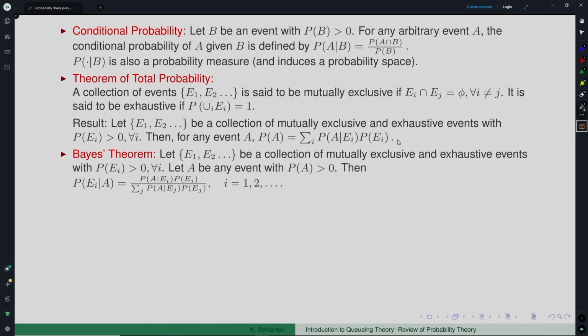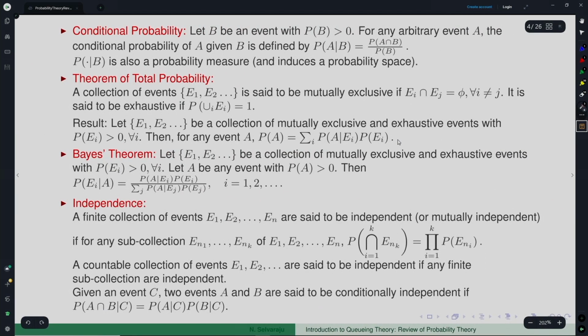Bayes theorem, of course, you will also know, you can recall from even the elementary stuff. Okay. A related concept is what we call independence. Here we are defining independence in terms of probability. Sometimes it is also called stochastically independent or statistically independent; no matter what it is called, the definition is this.